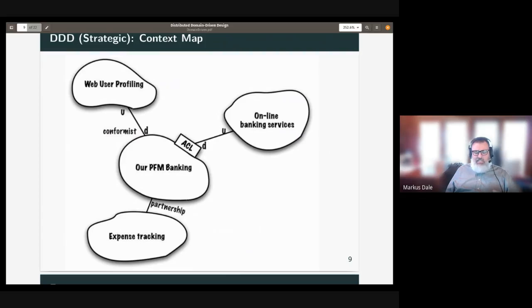And then DDD, I'm not going to go into all of the details there, has different ways you can do the integration between two different bounded contexts. For example, here, one of them we have a partnership. So expense tracking and our banking, they have a partnership relation. So they manage their model and the interface between their models together. So they do joint management. You have to have integration tests, joint release schedule. If you have a partnership, you've got to release these things at the same time